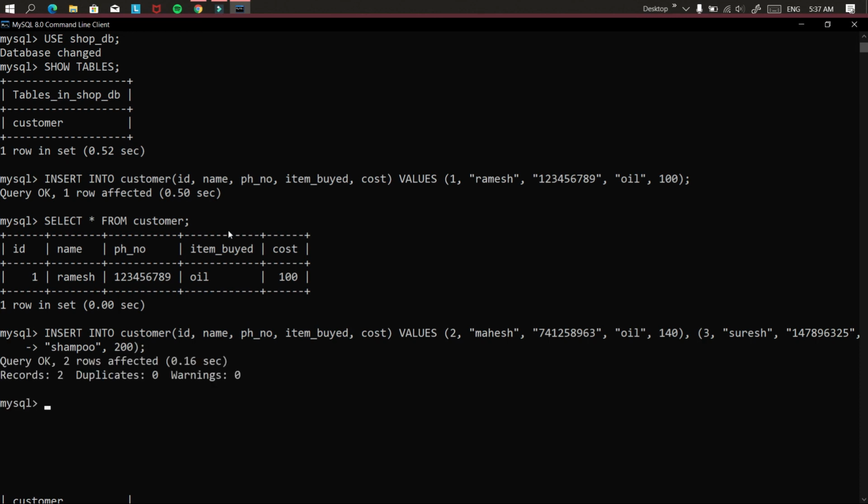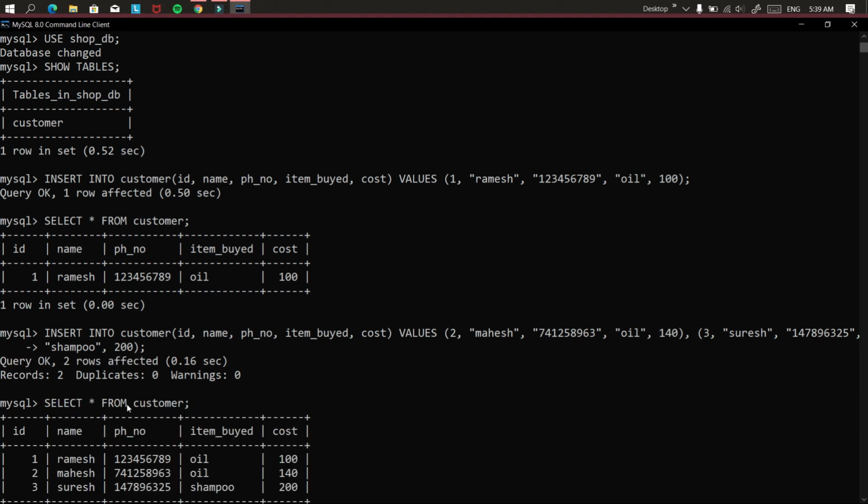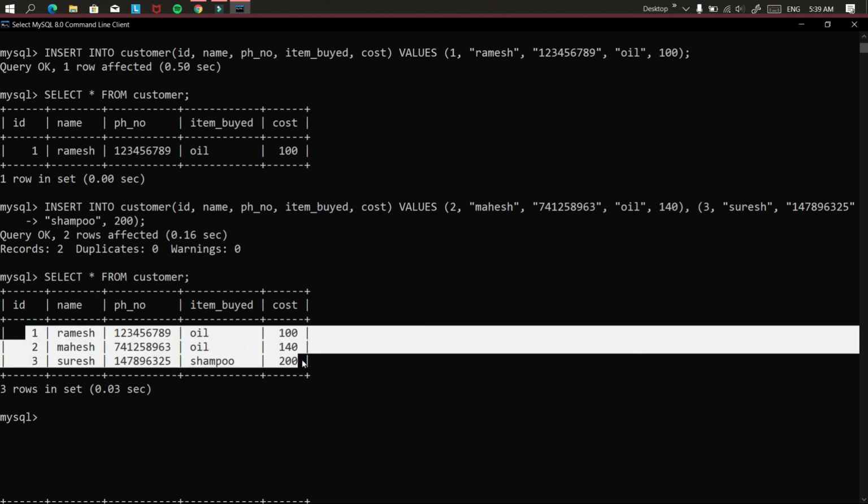Now if I enter, you can see query OK, 2 rows affected. That means 2 rows of data are inserted into my table. Now if I check contents of my table using select statement, you can see I have 3 rows.